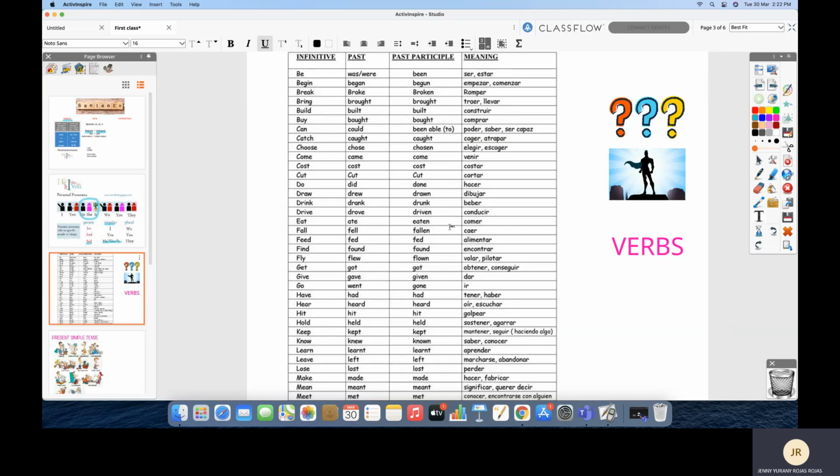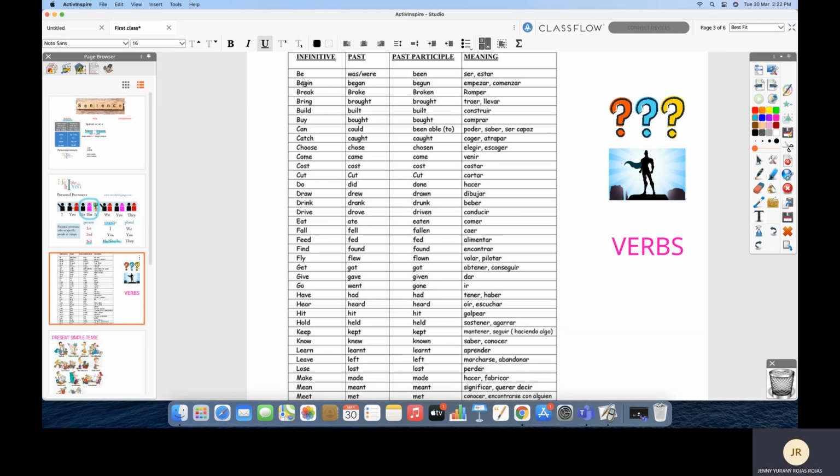I have here an example of irregular verbs. Ellos se llaman irregulares, y estos verbos, porque cuando yo los quiero escribir o hablar, ¿sí? En pasado o en otro tipo de tiempos perfectos, entonces el verbo debo modificarlo